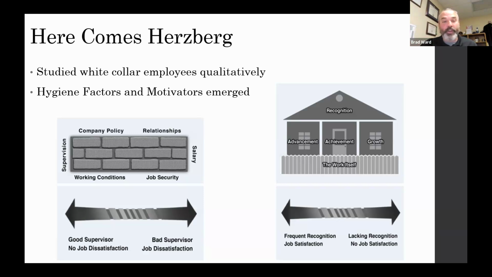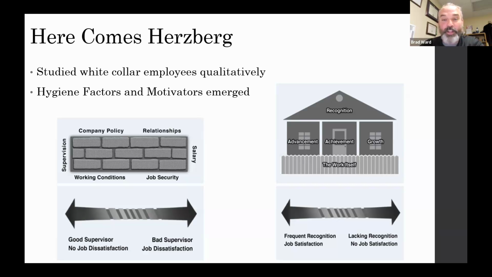So if you think about it this way, if you work for a company that just has this, my analogy is that you live in an efficiency apartment. It's fine. It does what it needs to do. You're not going to be miserable, but it doesn't have any of the frills. This is where, if we add these on top, we actually get the intrinsic motivators kicking in.